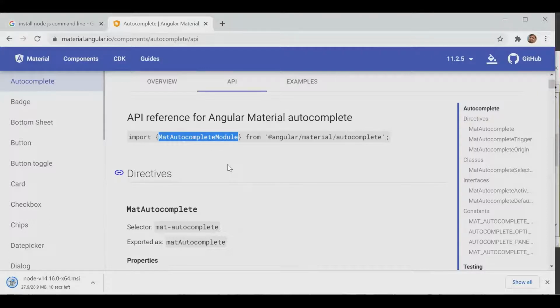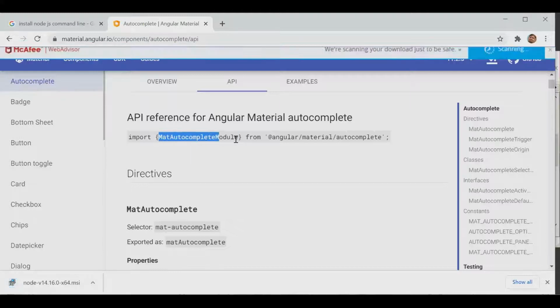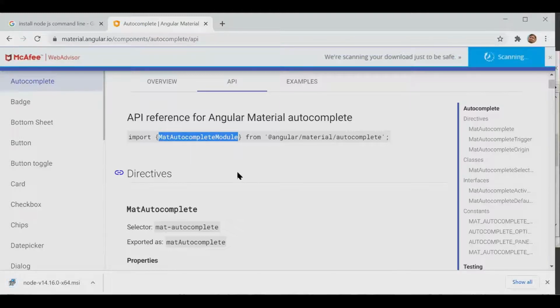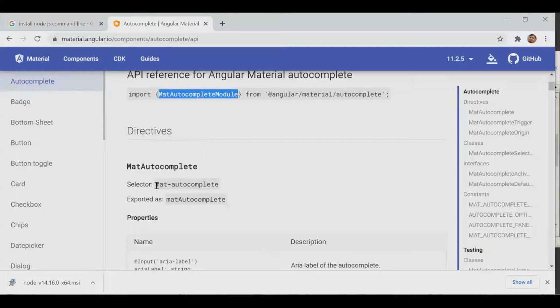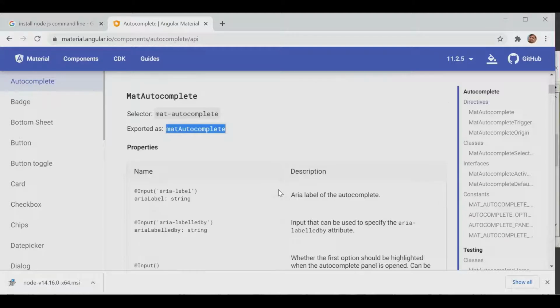It will vary: if I have multiple modules and I add this in my main app module, then there is no need to give this reference in every module. Otherwise, we can give this reference in a shared module and then use it. So this will be the selector name and it can be exported as well.